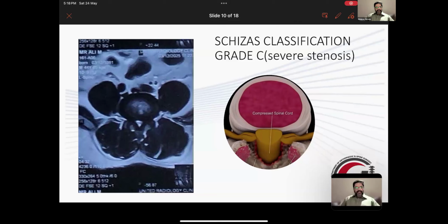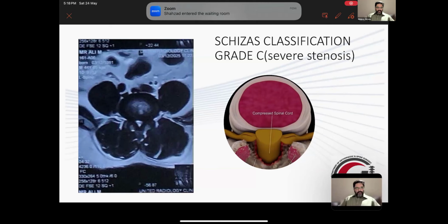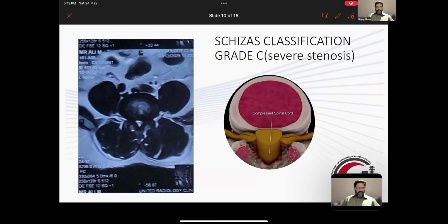We rely first of all on the clinical examination. This is the most important thing, and then you relate your examination with the images. You have standing x-rays or a flexion extension view. And if we are very much confused between any two levels, or we are deciding, you can go for nerve conduction, but usually it's not necessary. If you examine the patient clinically, you decide, and your findings are very much matching with the images. So this is what I do.